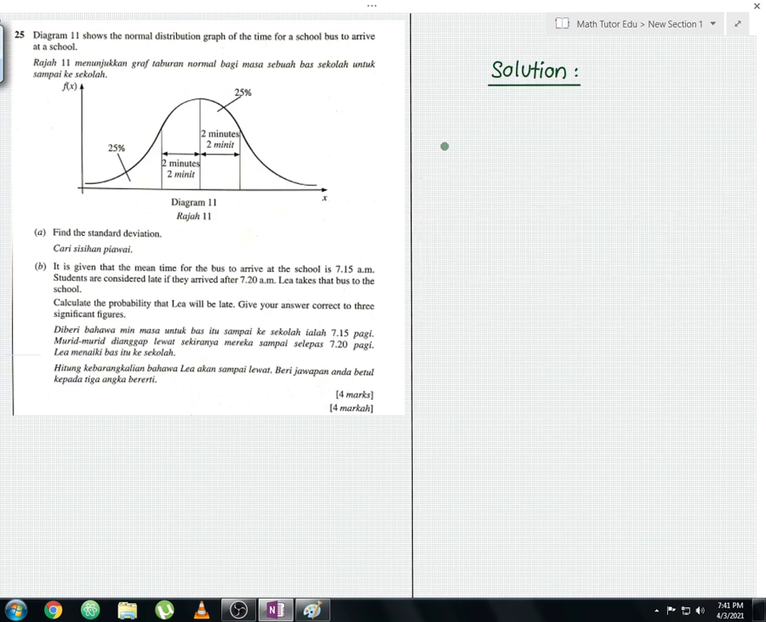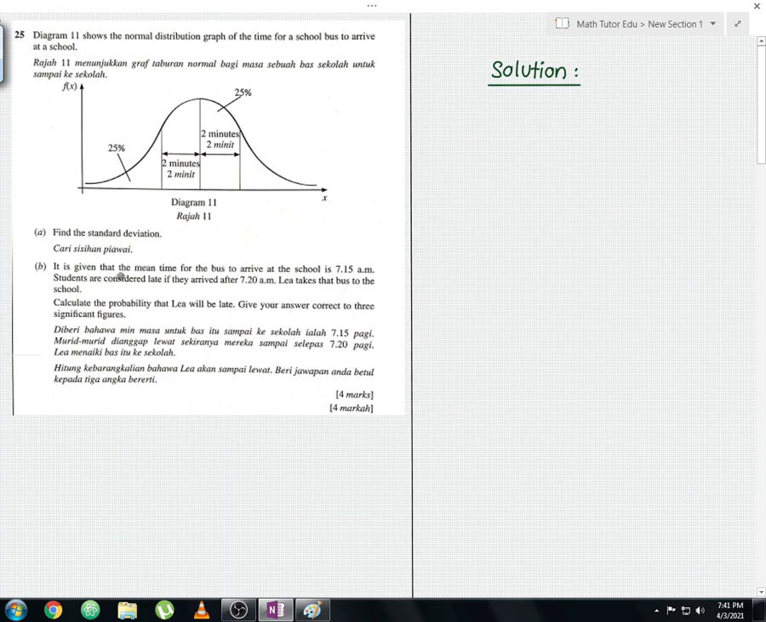Okay, let me read the question now. Diagram 11 shows the normal distribution graph of the time for a school bus to arrive at a school. So this is the bell curve. From here, for part A, they ask us to find the standard deviation, and for part B,